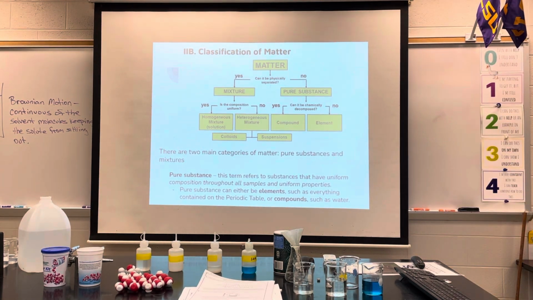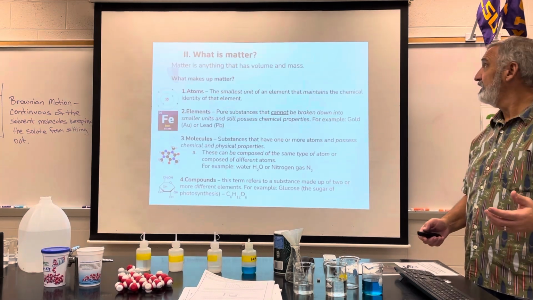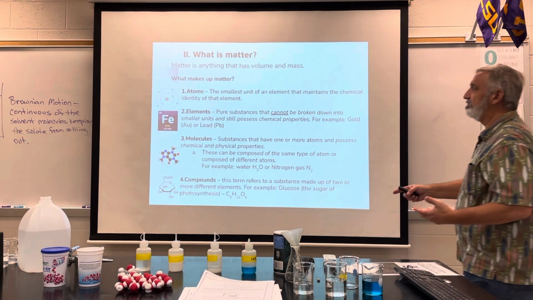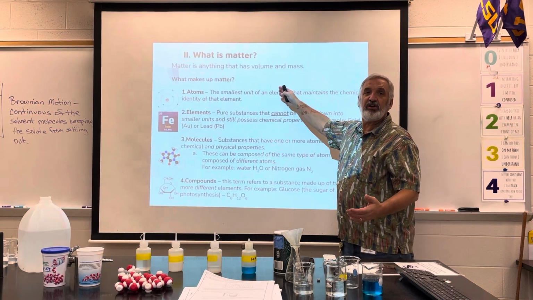Okay, hold on. Here we go. I think we have an answer. Anything that takes up space, that's volume. It doesn't just have to have volume, it has to also have mass. What's density a ratio of? Mass and volume. Matter is anything that has volume and mass. Now that's going to include atoms, elements, molecules, compounds, all of that. This is all just going to be matter.